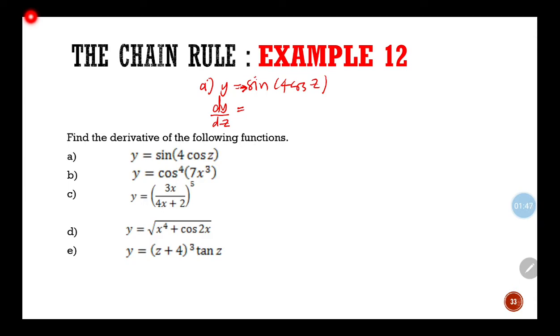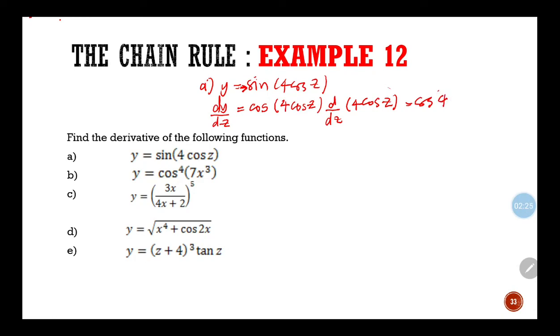Okay, look from the left. First what do you find? You find sine. So when you find sine, don't waste time, differentiate sine to get cos. Whatever inside here, we copy. Just write whatever, okay, like the Kelantan people say, gajah rimah, just put it inside here. Okay, and then here d dz of the gajah rimah, don't forget to differentiate. So 4 cos z. Okay, so when we differentiate this part, what we will have is, copy back cos